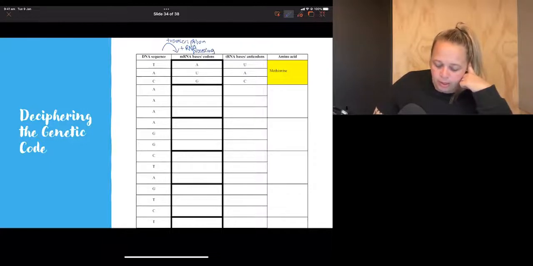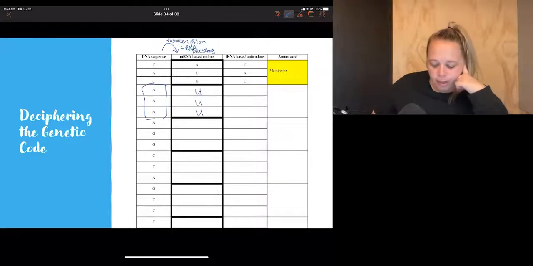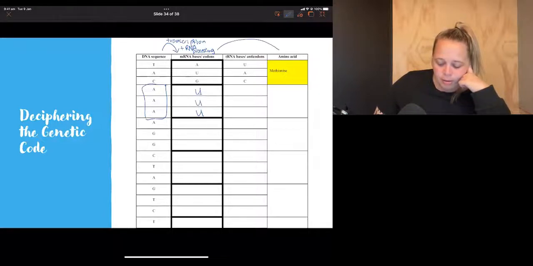So if this one is T, the corresponding mRNA base is an A. So we're going to go down to these three bases here. The A, the corresponding base is going to be a U because we're talking about mRNA. So there's our mRNA bases. Now, what happens is we end up going through a process called translation and turning UUU into